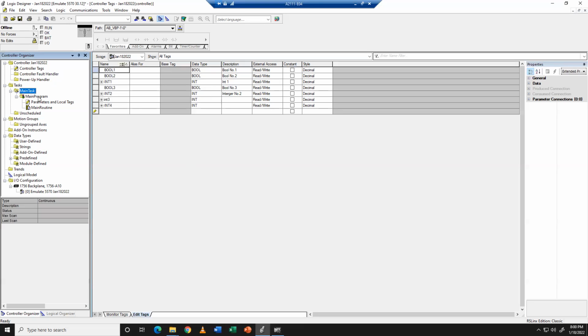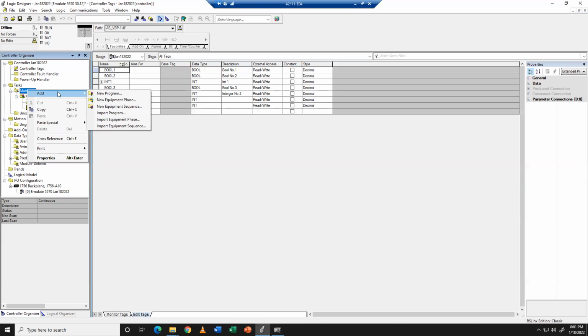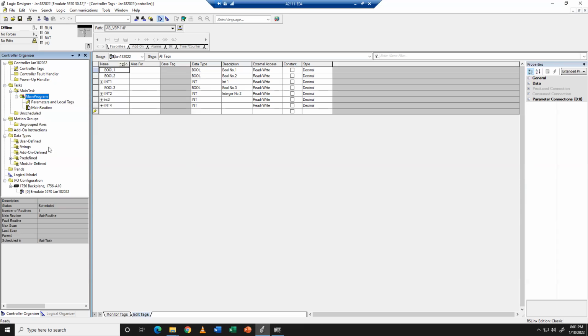Under the tasks, you've got your main task. So you saw in the Logix 500, you've got one main routine. If you've used those programs before, you have to make calls to all your different ladders. So here you've got your main task. You can create tasks or programs. You've got a main task, and then each one of these are different programs. So if you've got a main program,